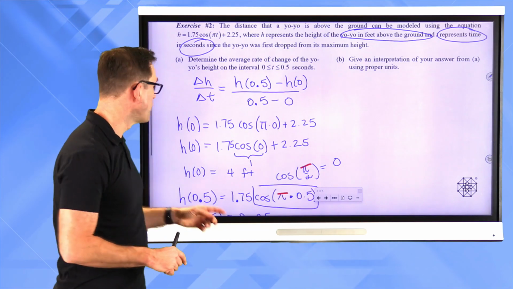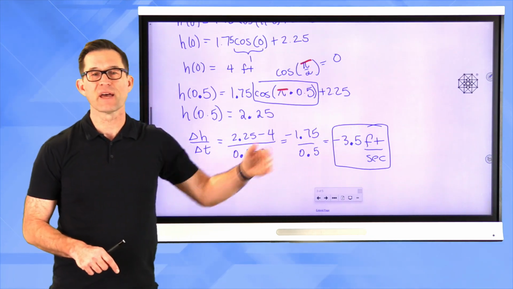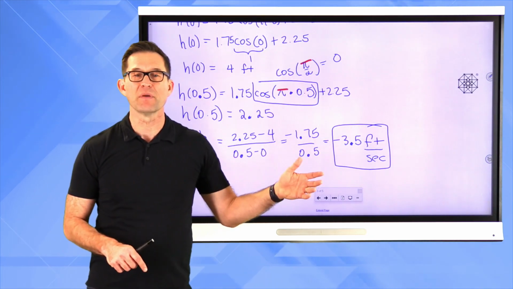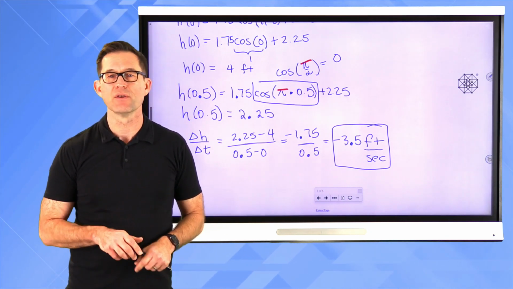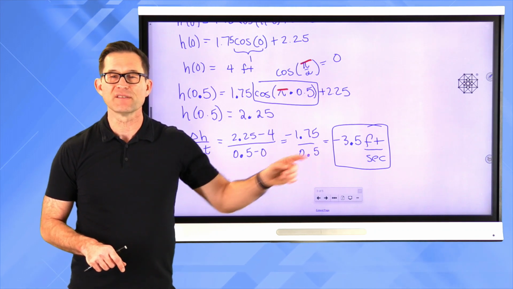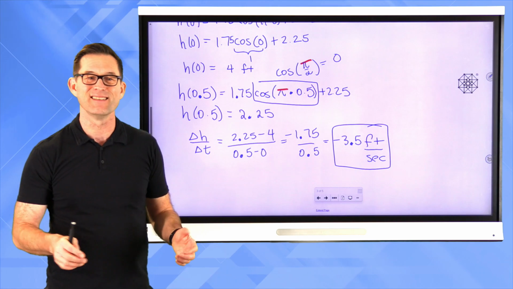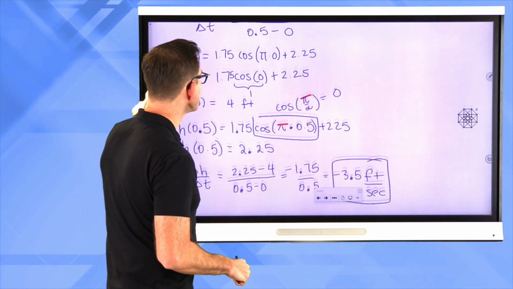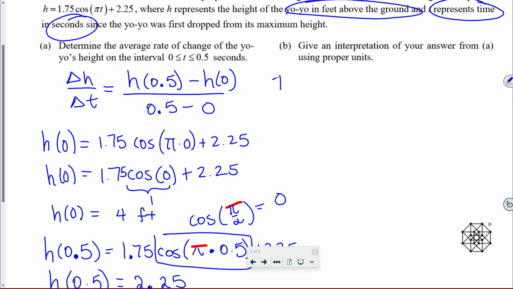Well, obviously what's cool is that the units give us a good key. Feet per second means that we're talking about a speed or a velocity here. Both words are absolutely wonderful. Use either one of them. And the fact that it's negative tells me that the yo-yo is going down, right? Its height is decreasing. So we could say a bunch of different things here that would be perfectly good, but I'm going to say the yo-yo, which is fun to say and write out, the yo-yo is moving down